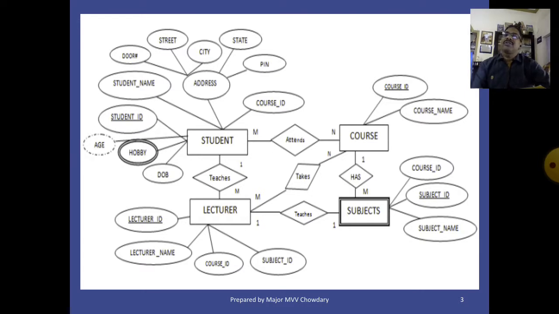Composite attribute: conversion of a composite attribute in an ER diagram to a table. Here the student relation has the composite attribute address. When a regular entity type has a composite attribute, only the simple component attributes of the composite attribute are included in the relation.